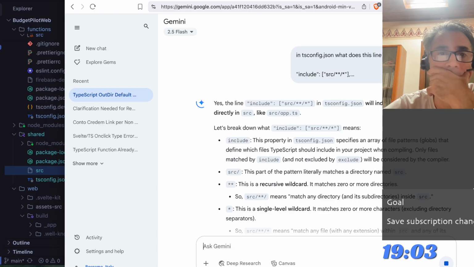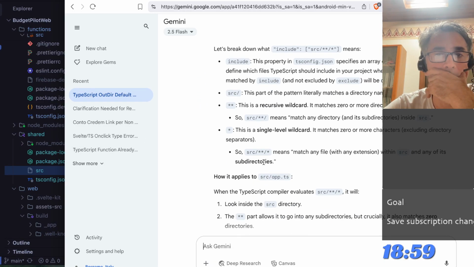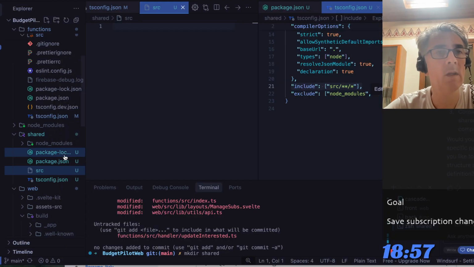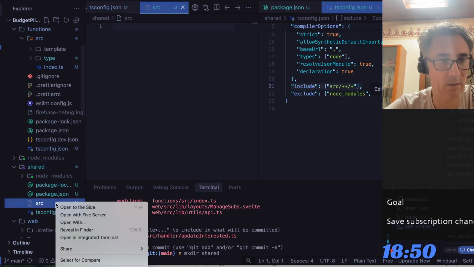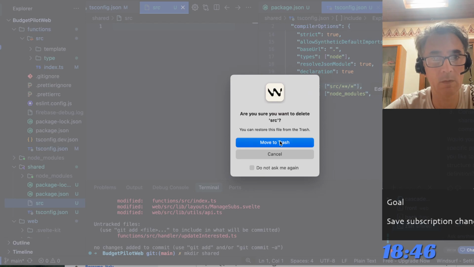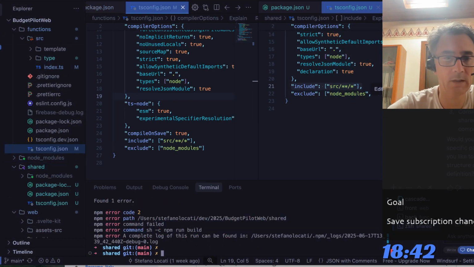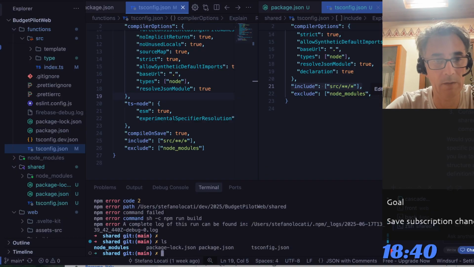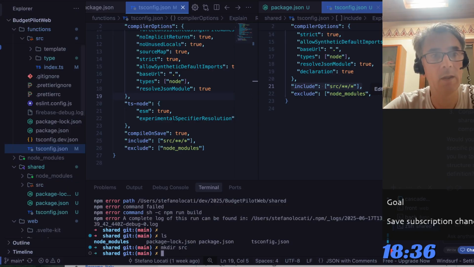Okay. Recursive and match any file. Okay, so the only thing is src is a file, not a folder. So delete it, move to trash src. So in shared, which I'm already in, I have to make the source. Okay, and then